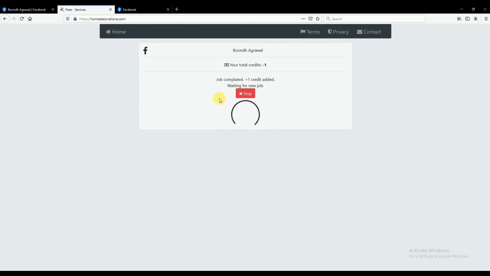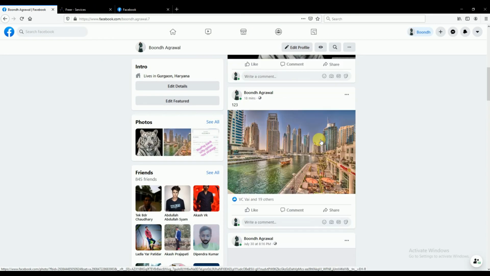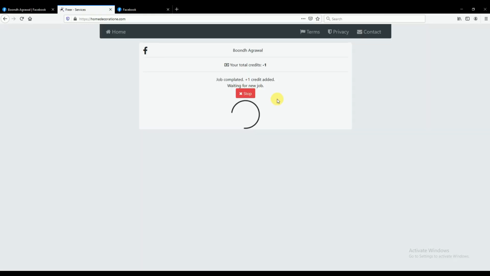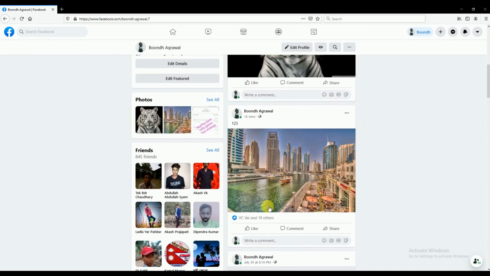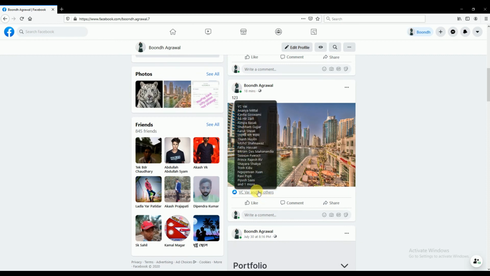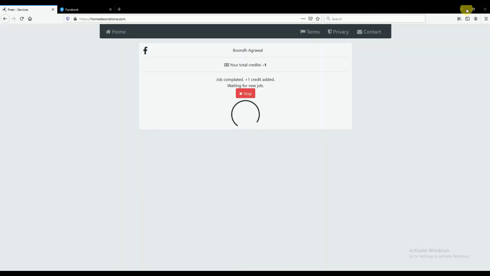And once you get 10 or 20 credits and you want 20 likes on your Facebook post, you can just paste the URL that you have copied of that image and just enter. You will start getting your likes, and the likes will increase as they have increased in this photo. So I got 20 likes on this photo just by doing that. So guys, this is a very cool and very simple trick. All you need to do is just earn credits by doing nothing, and then transfer your credits in the form of Facebook likes.